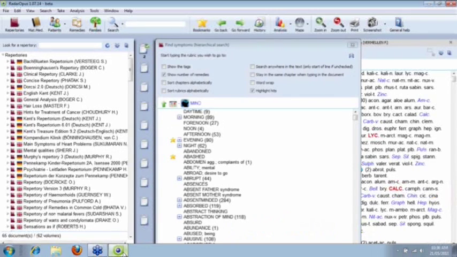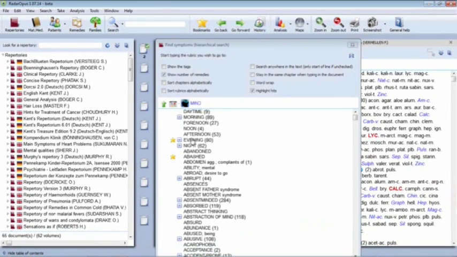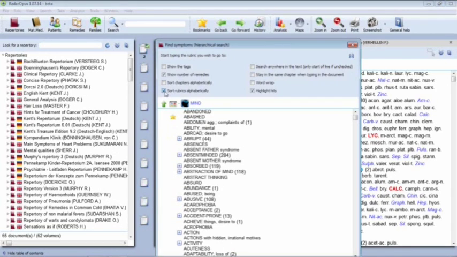So if we go back to synthesis, we can see the current organisation, the default organisation is that Kantian structure. So we're seeing times at the top, and then we start to see the other information after that. You can choose to sort the rubrics alphabetically. So in this case we're sorting in the index, so we're not sorting in the repertory itself. We could choose to do this in the repertory itself if we want to as well, but it can be